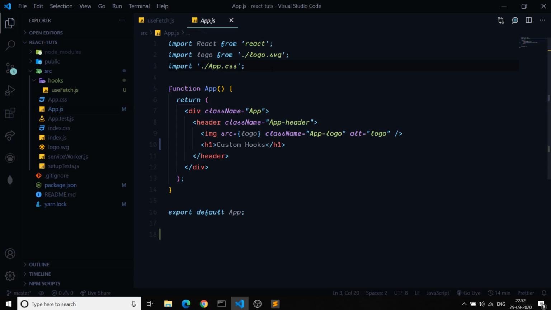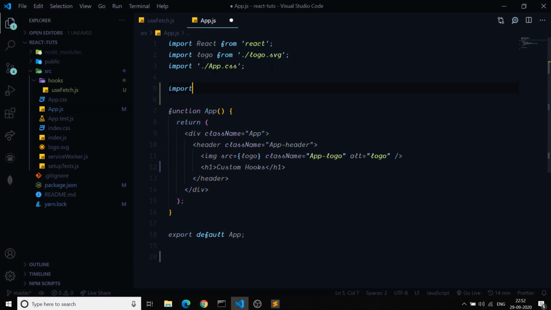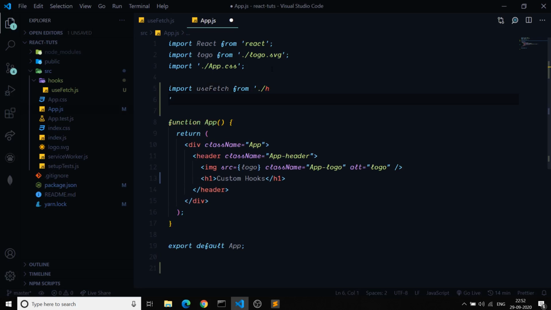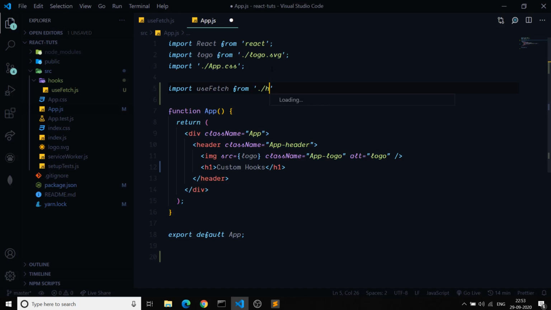So I will just import useFetch from dot slash, I have the folder hooks, and inside the hooks I have the useFetch file,